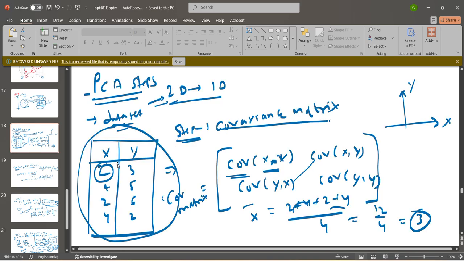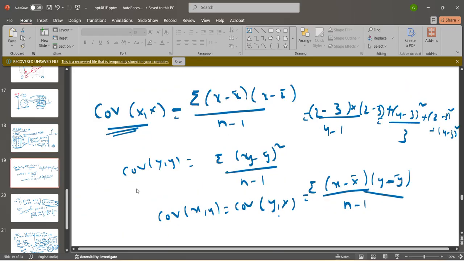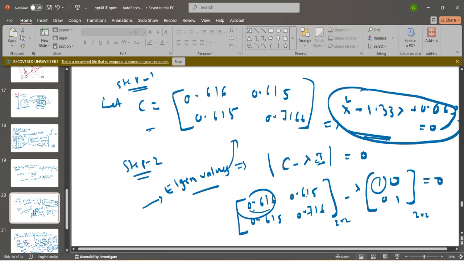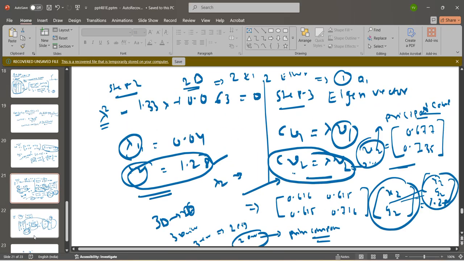Steps are very easy. First, the data set. Second, covariance matrix. We have to find the eigenvalues of the covariance matrix. Then once we get the eigenvalues, we need to find out the eigenvectors. If you are converting from two dimensional to one dimensional, then choose the largest eigenvalue and